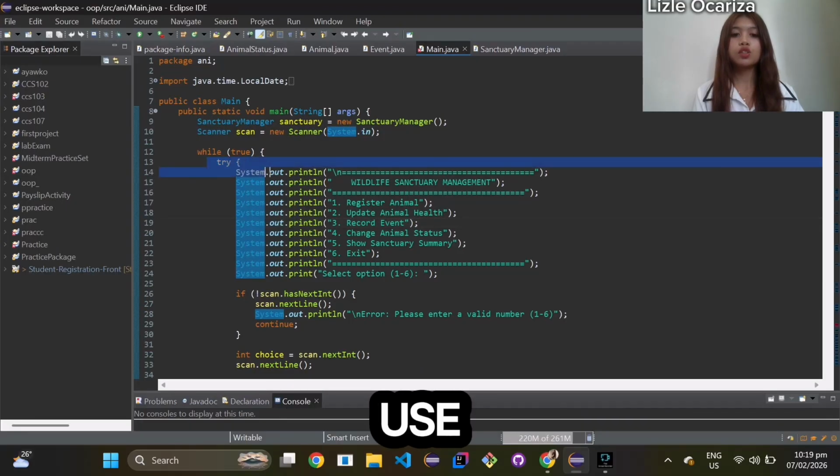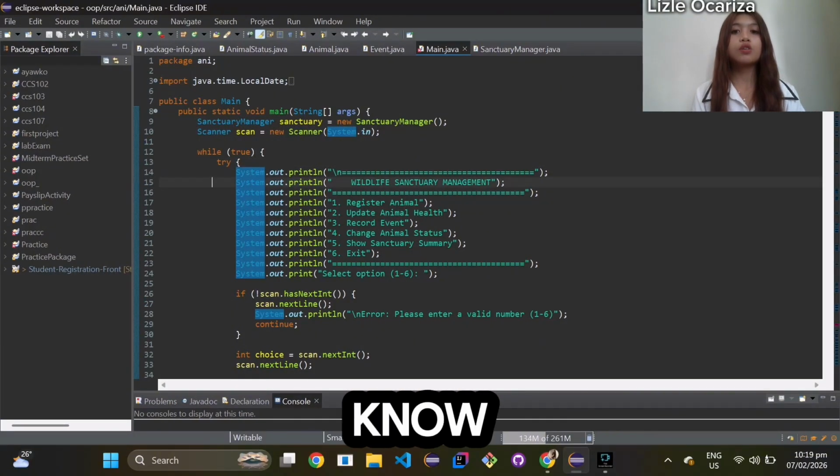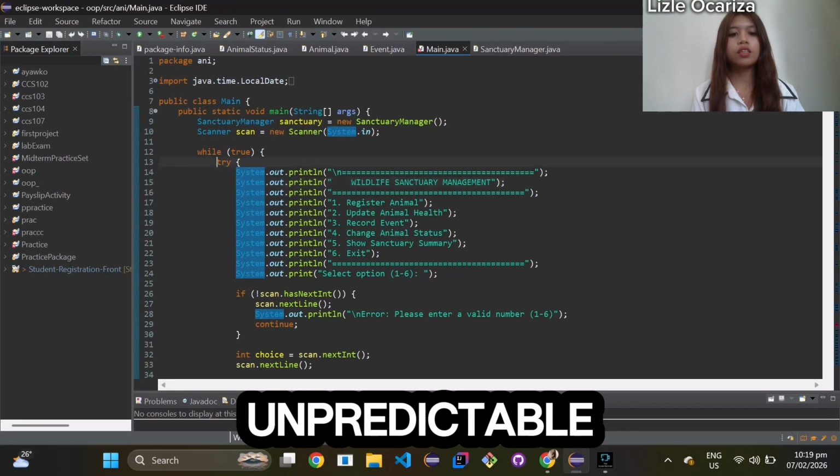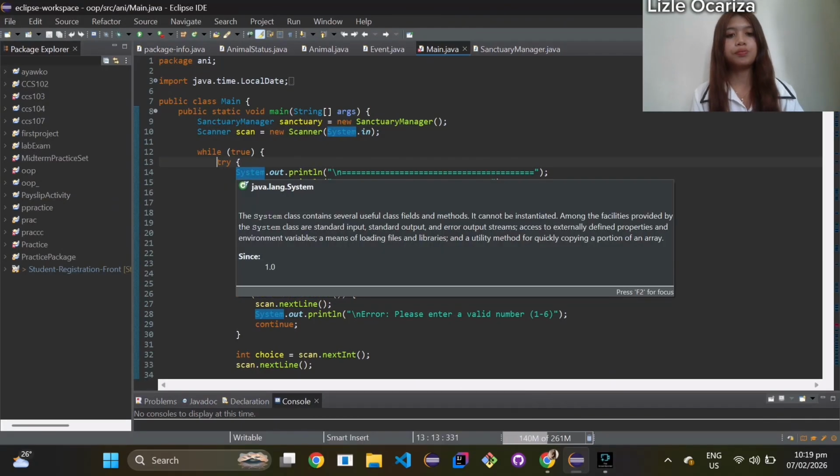So in our code, we use try catch because we know users are unpredictable. Even as programmers, we tell them to write only numbers, someone will still type letters, symbols, or something random.